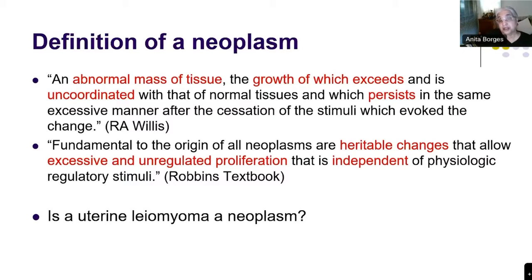And we know that gynecologists actually tell patients with a leiomyoma, if they are somewhere around menopause, that don't bother about this, okay? The leiomyoma will more or less disappear after you have become menopausal. And this is something that we know. So does this leiomyoma actually fit the definition of a neoplasm? And then you will say, oh, this is the exception to the rule. And it is not the exception to the rule.